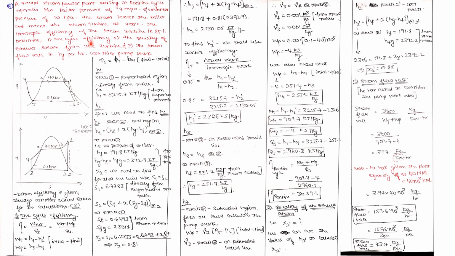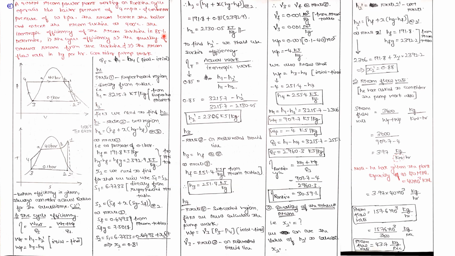Such type of problems you have similarly dealt with in the Brayton cycle problems, where generally the compressor efficiency as well as the turbine efficiency would be given, where you'll find out the 2 dash and the 4 dash for the efficiencies which are given as compressor and turbine efficiency. So similar kind of problem is given here. What he has given, the isentropic efficiency of the steam turbine is 85%. That means first you have to find whatever the parameters it might be, H2 or X2. You have to find H2, then you can find H2 dash by using this efficiency. So that is the thing which he has given extra.